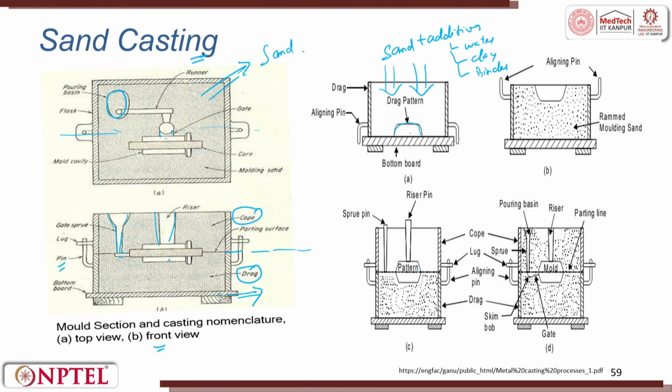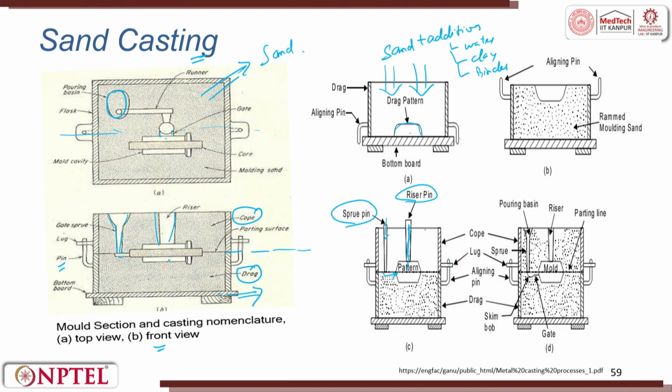When we fix the pattern, we also fix the sprue and the riser. Sprue is for pouring the hot metal, riser is for feeding when the solidification happens. So, basically the metal flows from here, it goes into the pattern which we remove, which becomes the mold, and then it gets into the riser. While filling itself, it goes up to here. And then when it solidifies, the liquid metal starts coming down as and when solidification in the pattern happens, right.